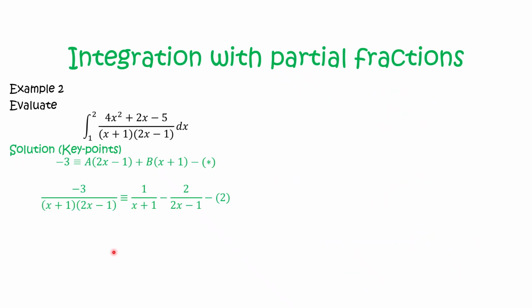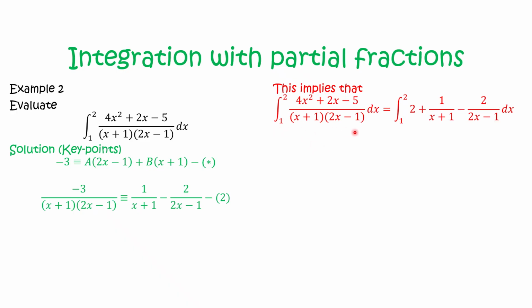Now that we have the fraction inside the integral, we now have it in the key points on our left-hand side, labeling it as equation, or rather identity 2. Then this implies that the problem that we are trying to solve can actually be partitioned into this: the integral from 1 to 2 of 2 plus 1 over (x plus 1) minus 2 over (2x minus 1) dx. And also from the integration with natural logarithms,